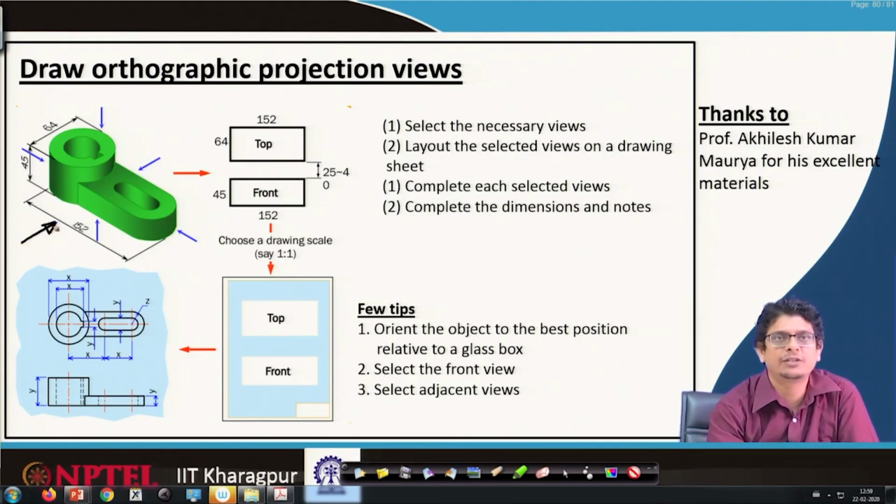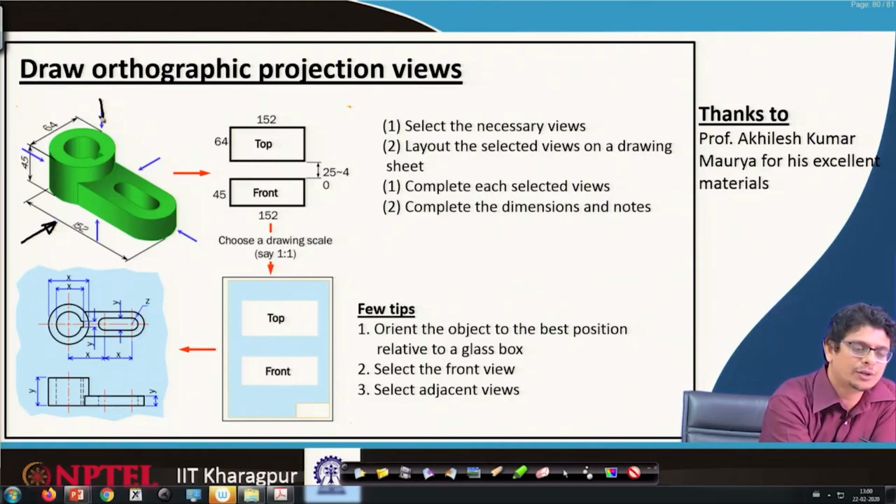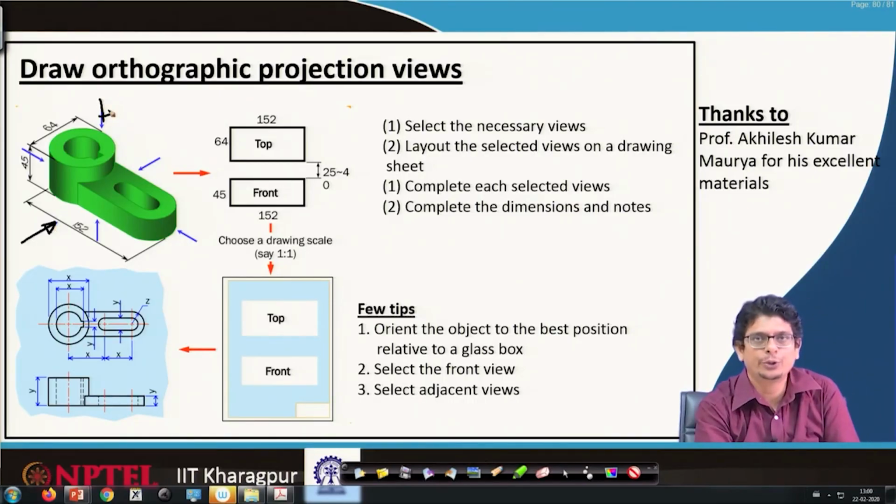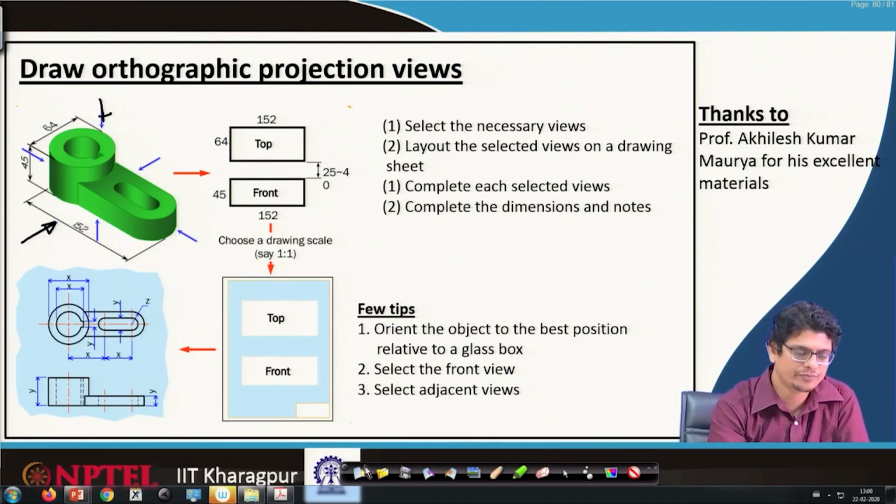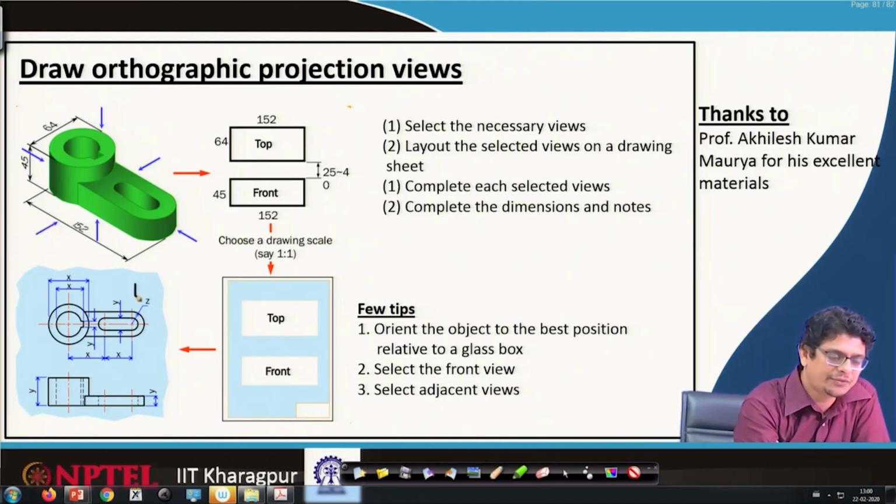It is not necessary that the front view is supposed to be that. We can always pick this one also as the front view, where we are going to pick the maximum dimensions as the front view. In this case, if this is the front view,